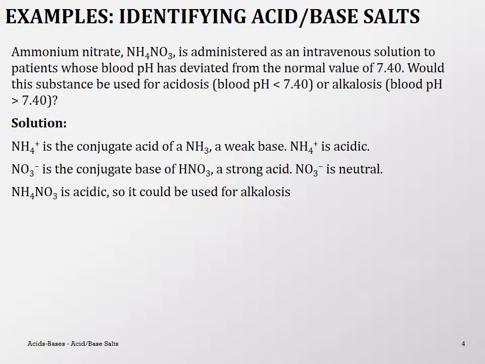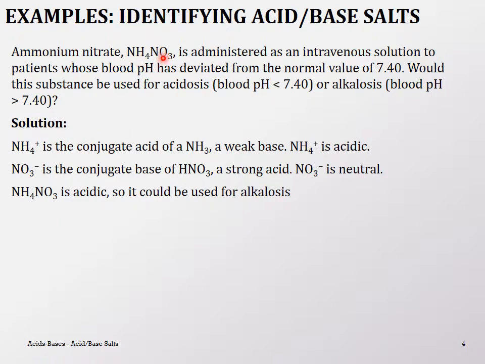So again, here's some more examples of trying to figure out if something is an acidic or a basic salt. Ammonium nitrate is administered as an intravenous solution. Would this substance be used for acidosis or alkalosis? Which means they're trying to figure out if ammonium nitrate is going to be an acidic or a basic solution. So if ammonium nitrate is what you have, then you break it down into ammonium ion